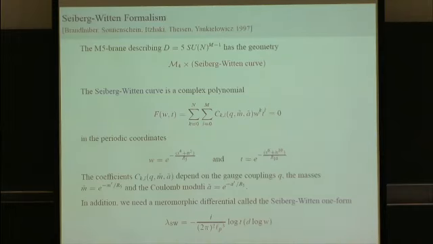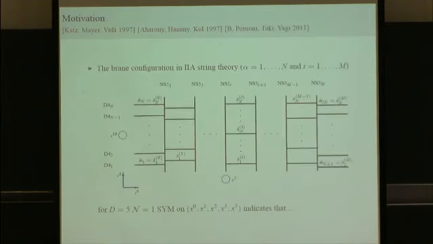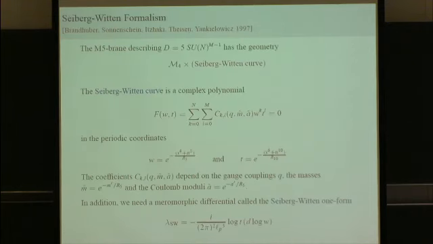So this is a polynomial in the two complex coordinates, as I said. One is what we call W, which is the exponential of x4 plus x5. So just to remind you of the directions, x4 is the one that is along the NS5 brane, and x5 is the compact circle on which the NS5 brane is wrapped. So T is the corresponding one.